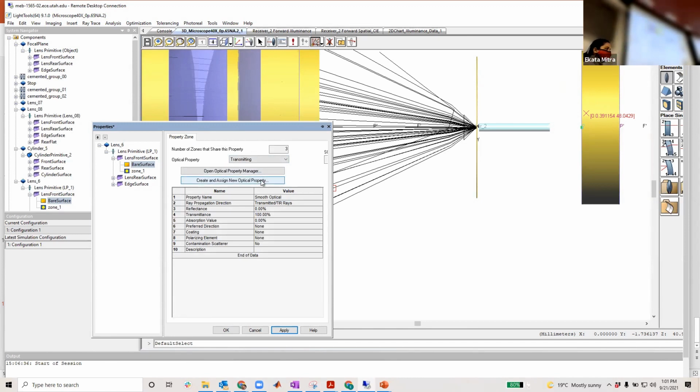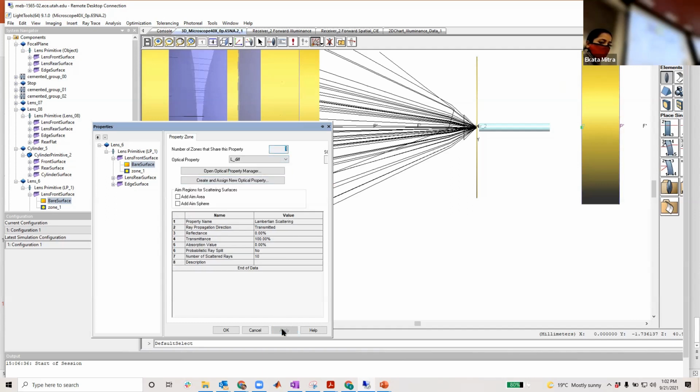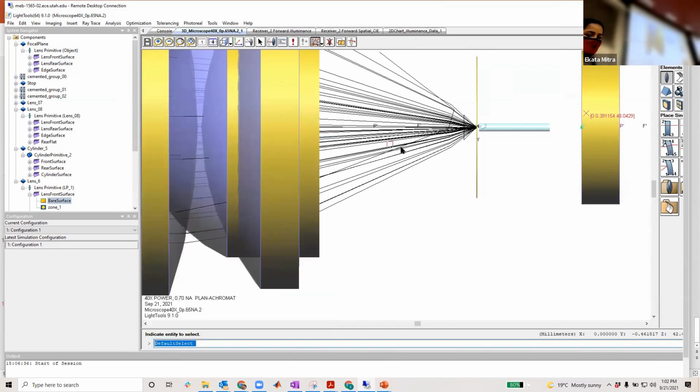You can create a property of your own, and if you create your own, the new list will show here, and you just drag it. That's it. This way, you can drag it and apply it. So you can see the property has been changed now.